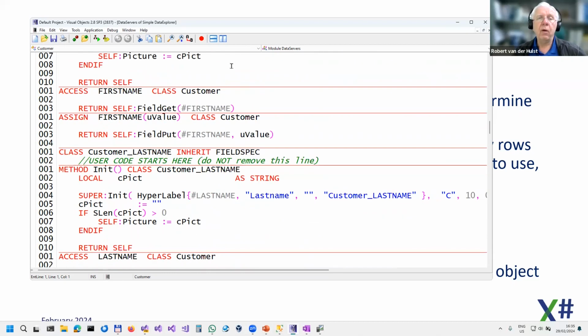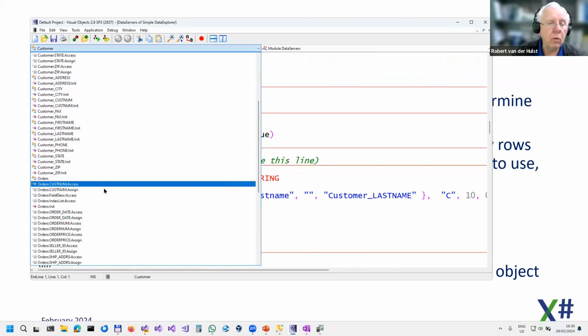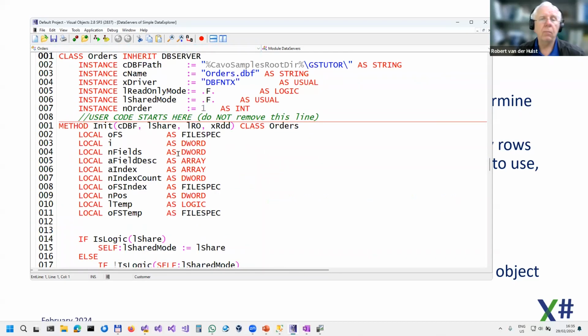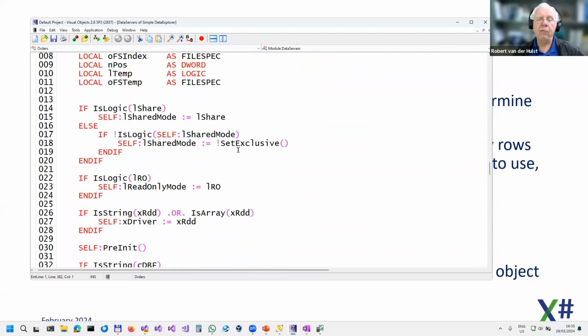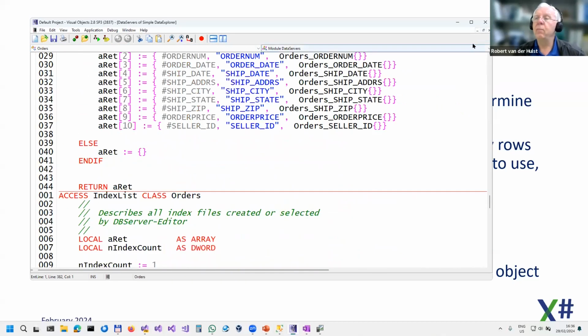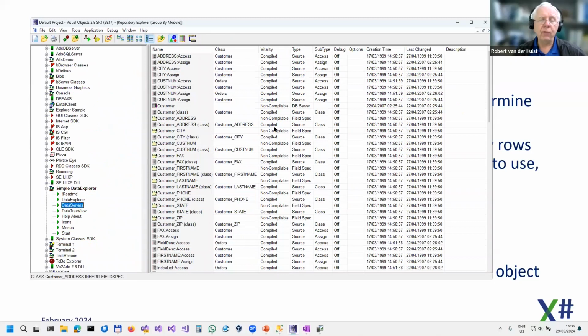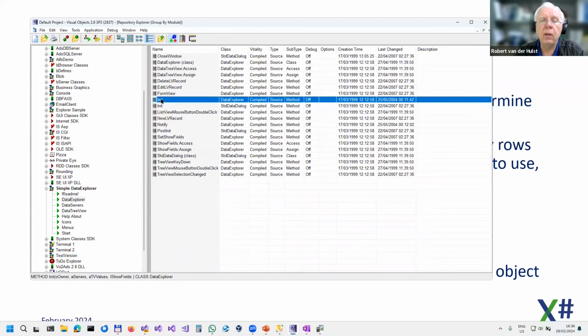And then we have another table called orders. It has the orders DBF, and it also has this thing. So I think it's nice. It's a fairly simple sample. The data explorer in the constructor